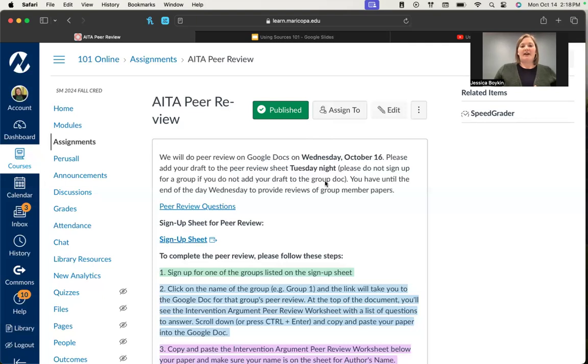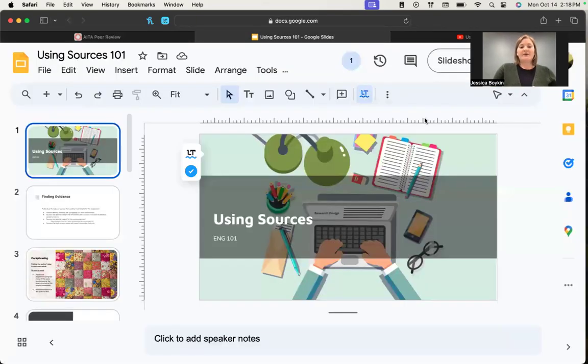I did go ahead and push back the deadline for this because of the error on my part. And so go ahead and put your paper on here on Tuesday night, and it only needs to be 2 pages. And then on Wednesday, hopefully you can get all of the reviews in, make sure people get feedback on their papers.